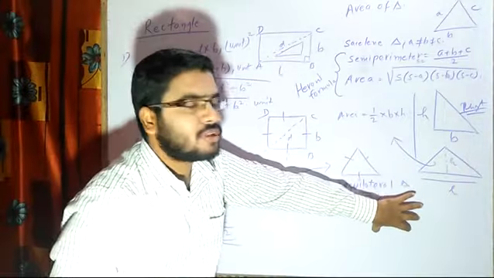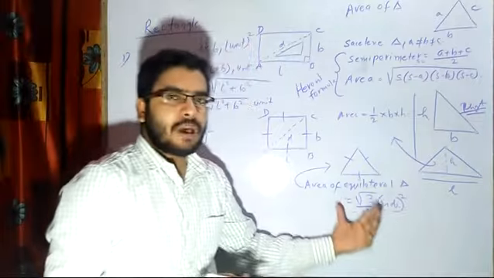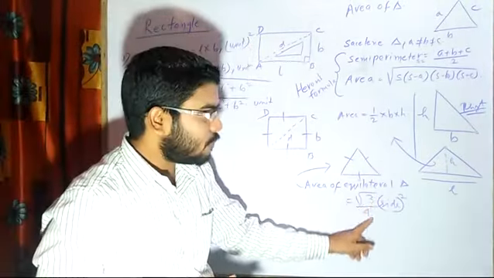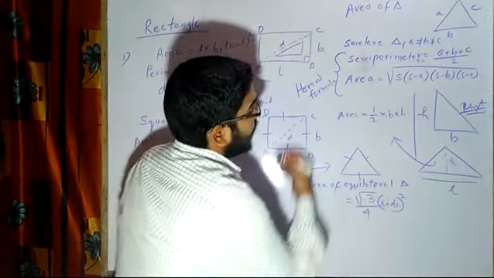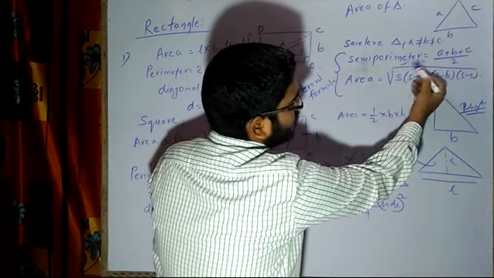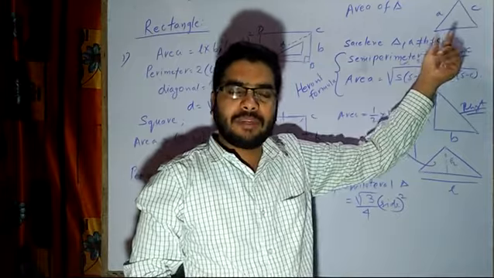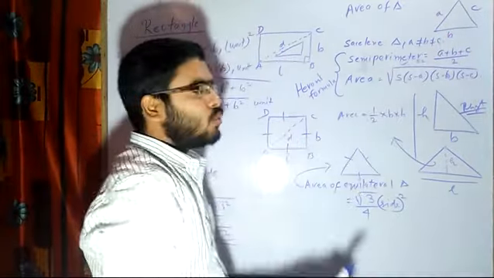If you do not remember this, suppose during an examination, due to nervousness or some pressure, you forgot this formula, or you are not confident whether it is root 3 upon 4 or root 4 upon 3, then you can directly go and use Heron's formula. So you should always remember this formula. It is very easy. Sum of the sides divided by 2 gives S, and then root under S into S minus A into S minus B into S minus C, that's all.